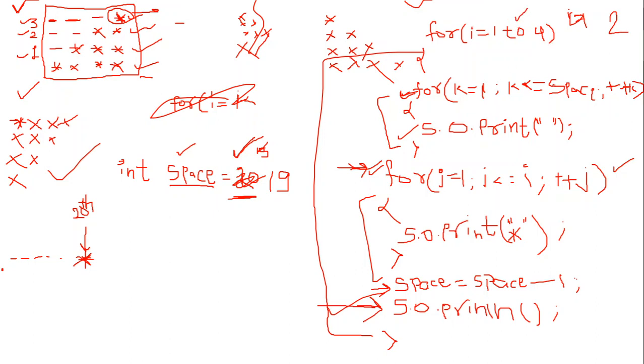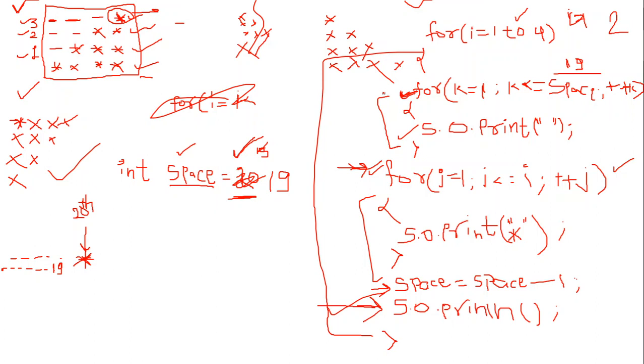After that, as you can see, space value is 19 this time. Space value is 19. So this inner for loop will run 19 times, not 20. So what will it do? It will provide 19 spaces: 1 space, 2 space, 3 space, 4, and up to 19 spaces. Suppose 19 is here. I am assuming as of now. After that, what will happen?